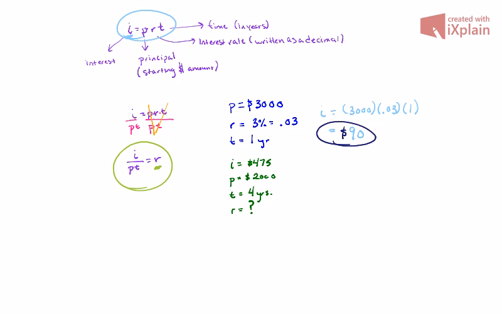So in this case, we have 475 divided by 2,000 times 4, and that's going to be equal to my interest rate. This gives me 475 divided by 8,000, and this is going to come out to about 0.059. But if you look at the WAMAP page, it is asking you to present this as a percentage with 1 decimal place. So that means that if I want to convert this to a percentage, I'm going to move the decimal back 2 spaces, and this is going to be equal to